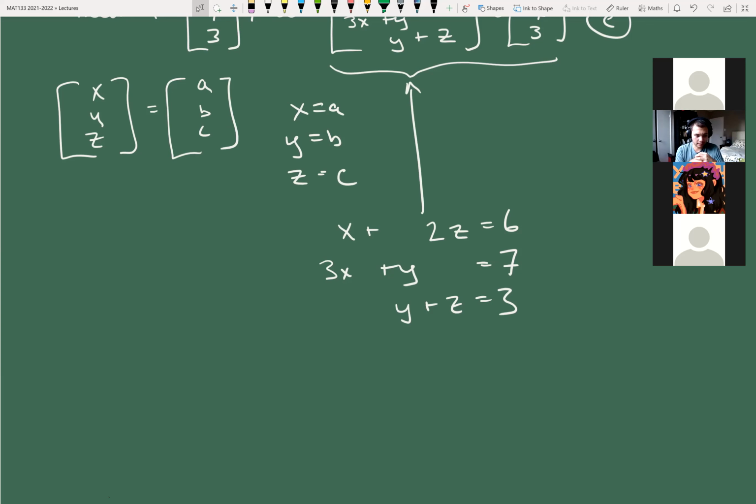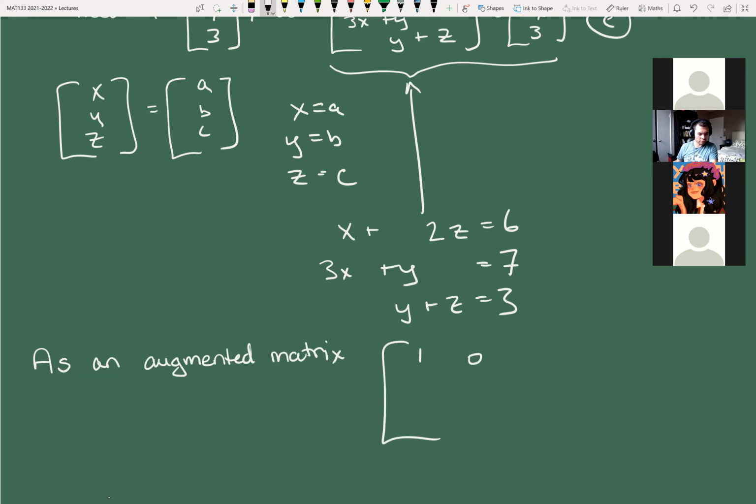Right. Yeah, Louise, exactly. We just draw a vertical line instead of the equals sign and remove the variables. Yes, Rafid, that's exactly how you do it. Yeah, 100%. Right. So as an augmented matrix,